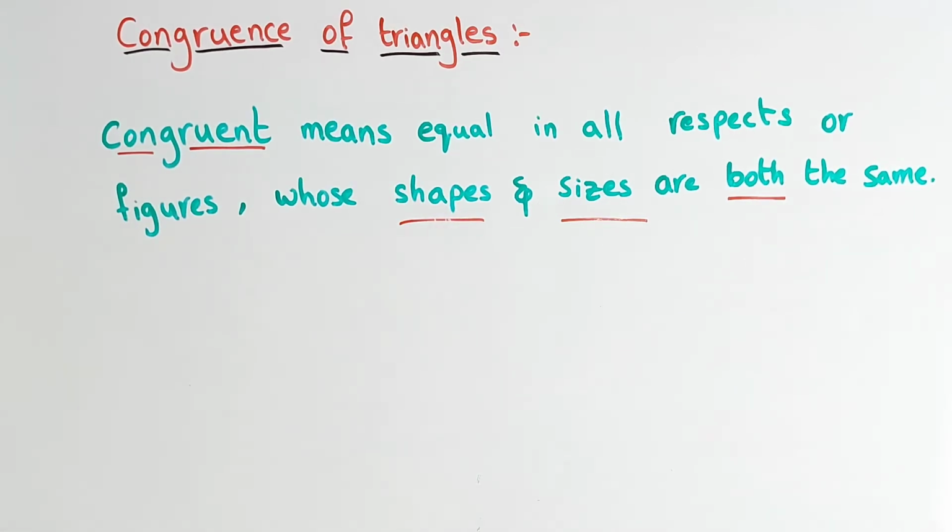Why are we studying this congruence of triangles or congruent concept, children? Because wherever you see identical objects that have to be produced, the concept of congruence is used in making the products, right? Example, ice cube tray, egg tray, or bangles of a same person, right children? These are all made up of congruence concept only, right?